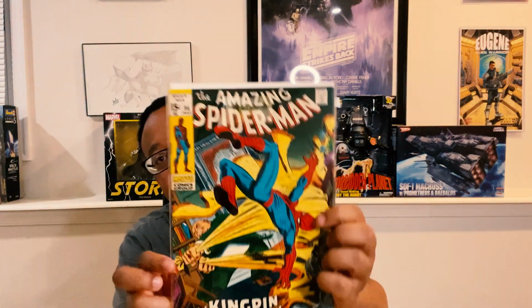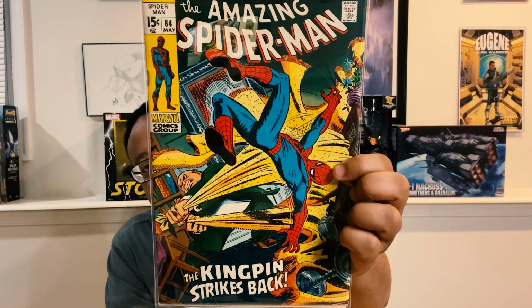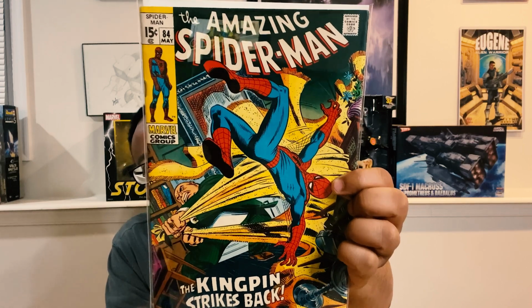And this is a good issue too. I wasn't really familiar with the villain in this one. Can't remember his name off the top of my head. But it was a good read. A lot going on. The Kingpin had quit the life of crime at his girlfriend or wife's behest, but being the Kingpin, it didn't take much to pull him back into that. And then we have